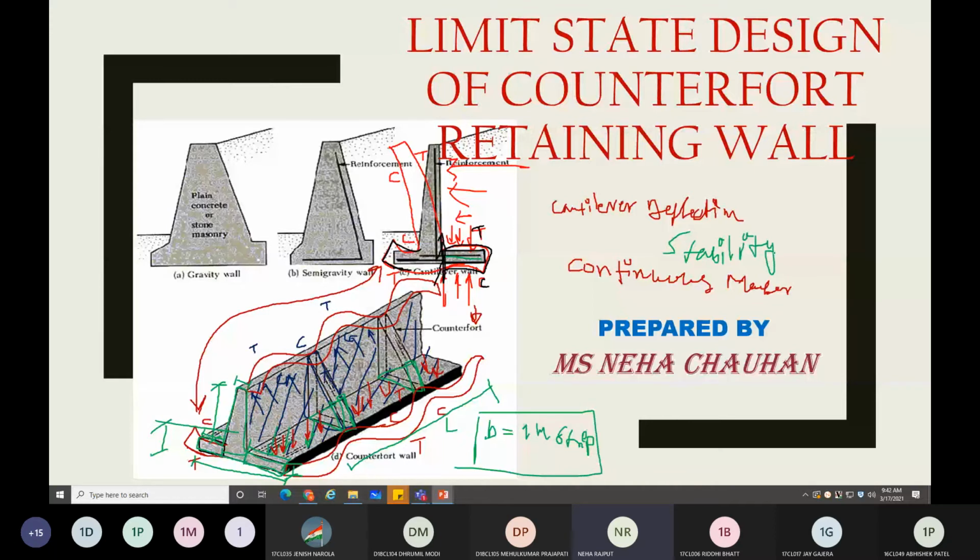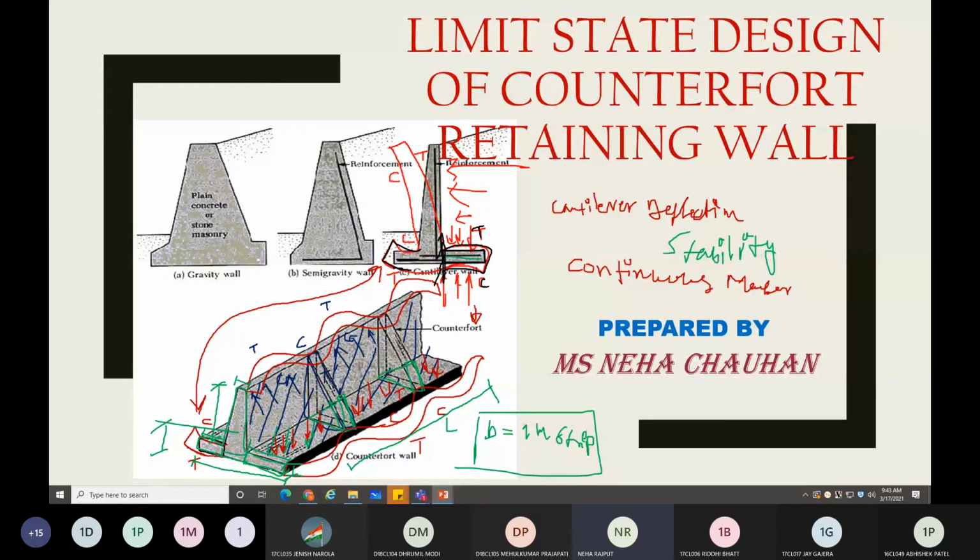There is no difference in stability analysis for cantilever retaining wall and for counterfort retaining wall. Though the counterfort is having counterfort member, the effect of counterfort member in stability analysis is not going to be considered. Right. So stability analysis for cantilever and for counterfort both will remain same. Once you have done with the stability analysis, and if you are getting the check for overturning, sliding and uplift pressure, the next is start with the design of each and every element.